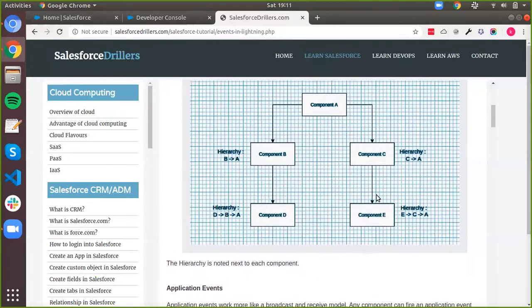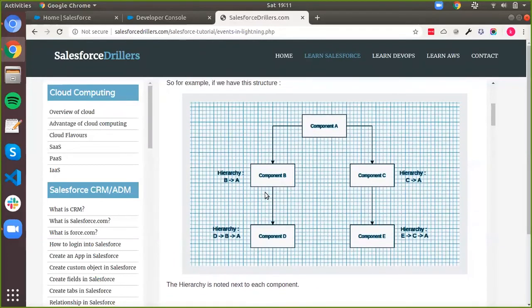So the hierarchy for a component is defined as the path from that particular component to the topmost or root node in our hierarchy. And your root or topmost node is the one which has no parent, and it is the topmost level component. So for the component A, the hierarchy is just gonna be this component A itself.